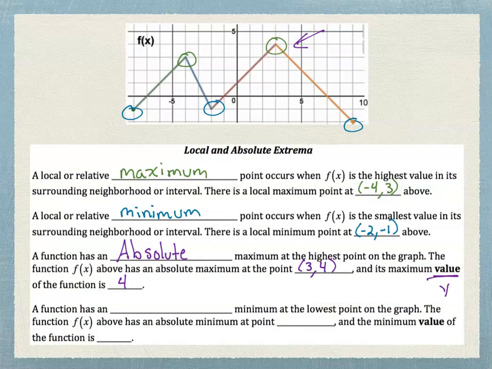4 is the highest that it goes. Okay? Similarly, we can do all of that again with minimums. I'm running out of colors here. Let's use red. With an absolute minimum,